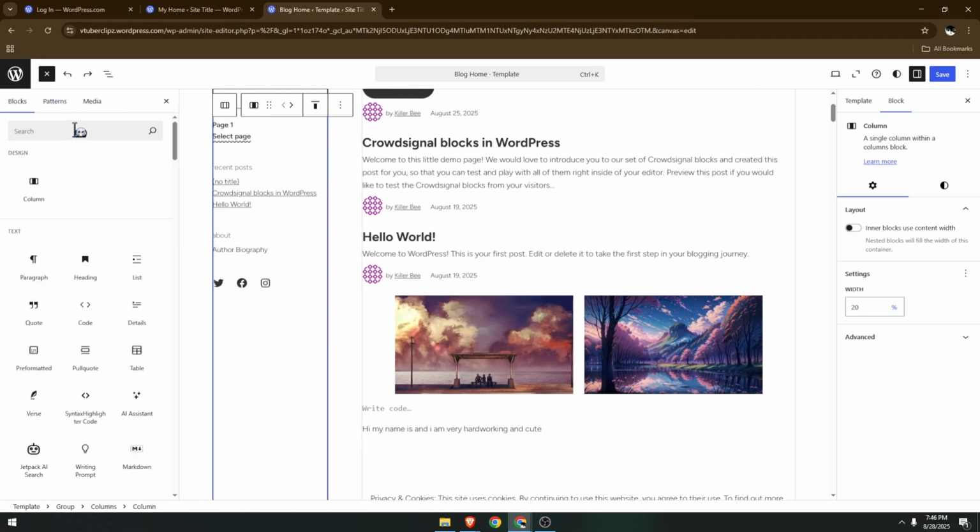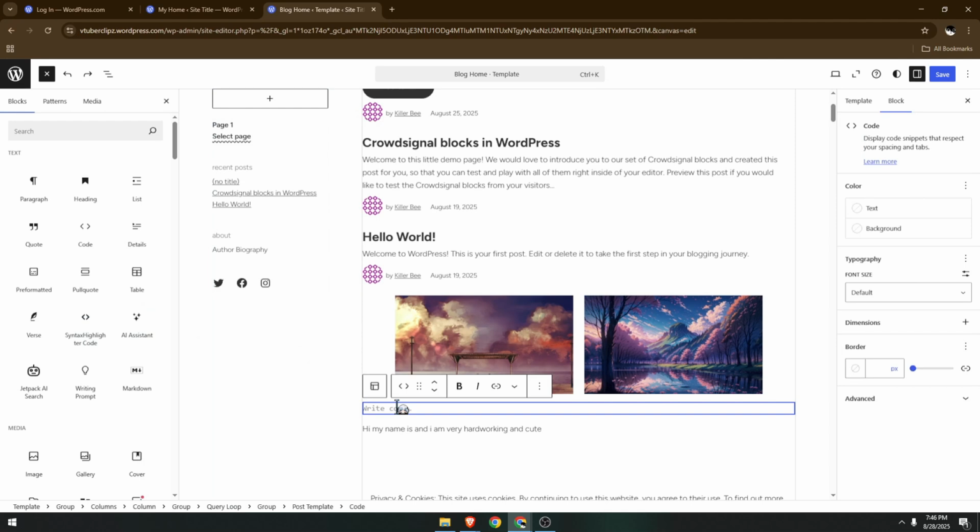code block, right? Now it should be over here, and this is what it looks like. You could easily click and add this to your page wherever you want this to be, okay? Then once you've successfully added this to your page, this is what it looks like to have your code block